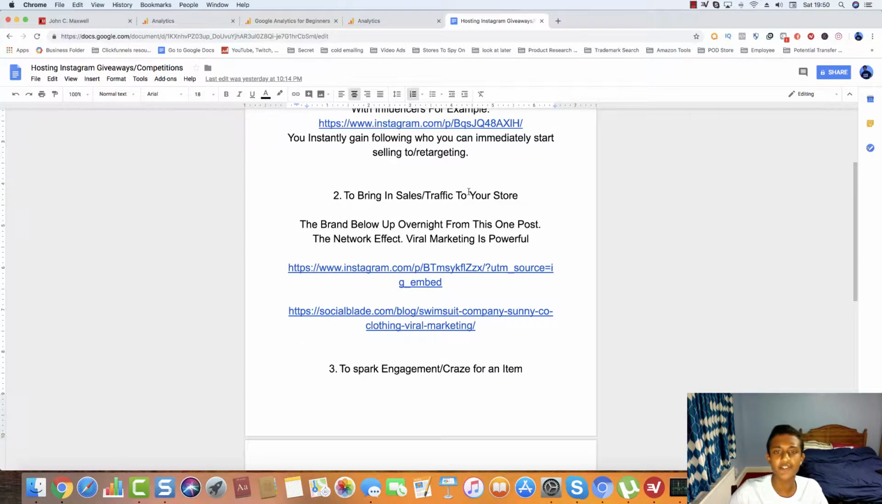Number two is to bring sales and traffic to the store. Now, if you want to bring sales and traffic to your store, you have to utilize this one powerful effect, and it's called the network effect. The network effect is basically the effect of an absolute bunch of people stacking up, doing the same thing over and over again, which creates this viral marketing effect. Because when loads of people are doing something, people are really engaged with it, and loads of people will tend to do it because people do what other